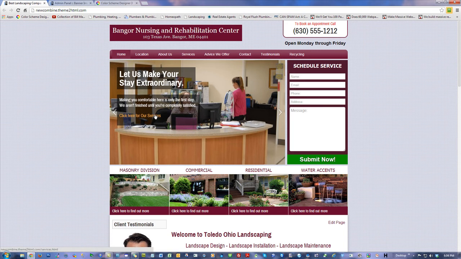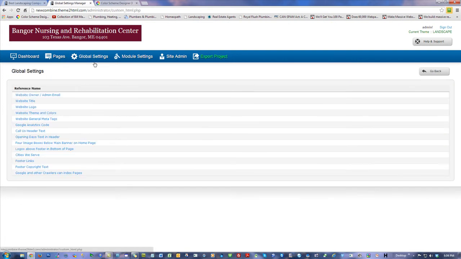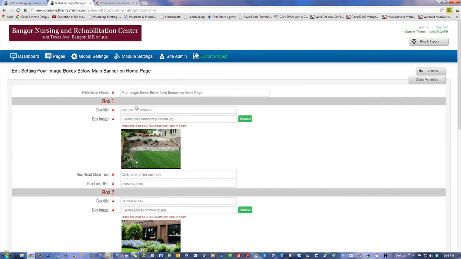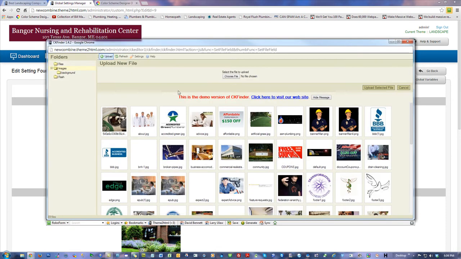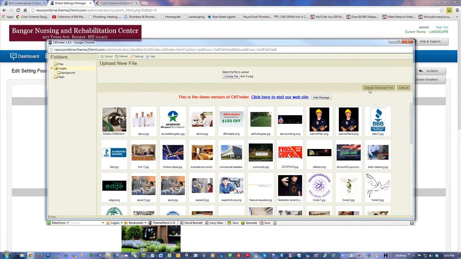Starting to see how rapidly I can take one thing and make it completely different, apply to something absolutely different. See these down here? Again, how do I deal with that? Global settings, 4 image boxes below. I'm going to say something like, our home, whatever, and let's get an image. Okay, I'm gonna upload, choose, take it from here, wow, okay, upload,